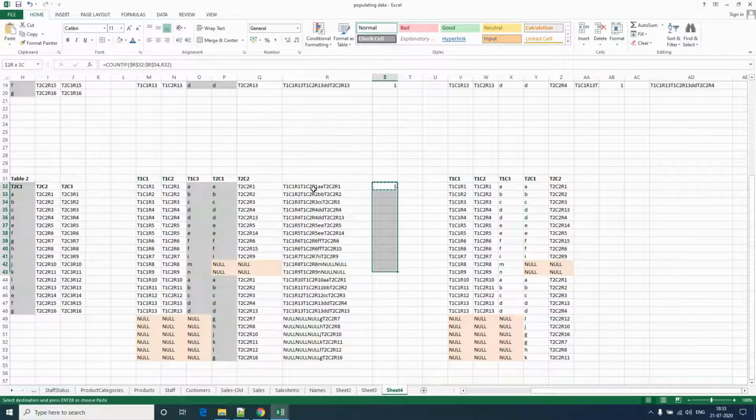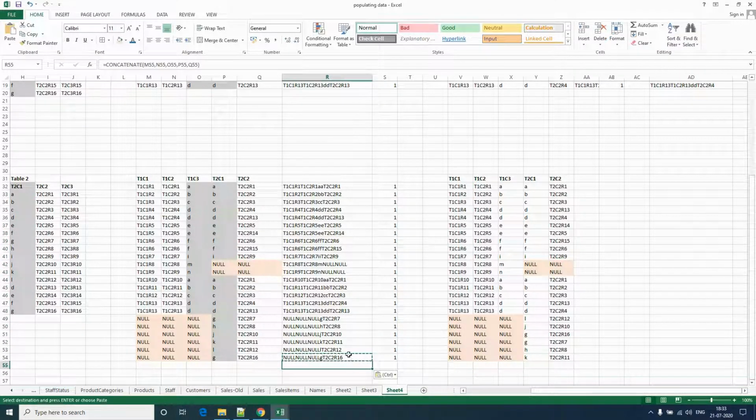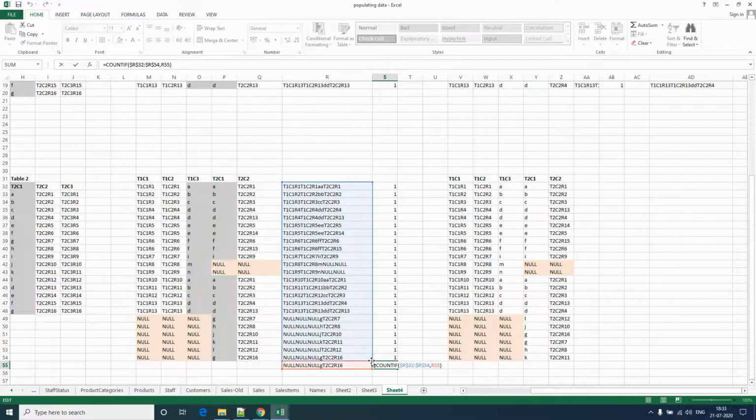So if you see, each data is occurring only once. If it occurred twice, then it would have shown as 2. Let me show that to you as an example. I just repeated this one here, pasted it as a value. So this has repeated twice, and if I drag it, it is showing once because the reference is